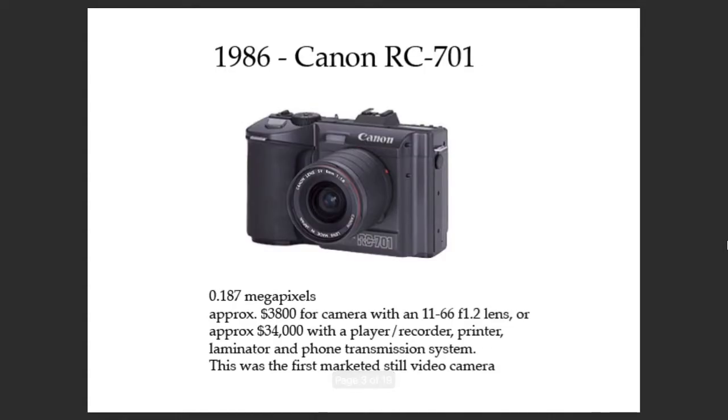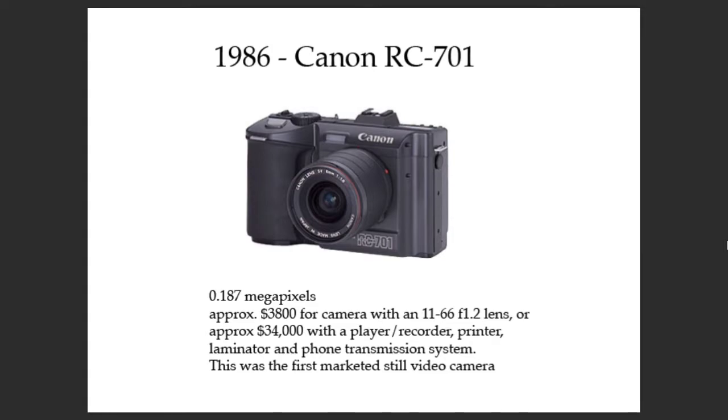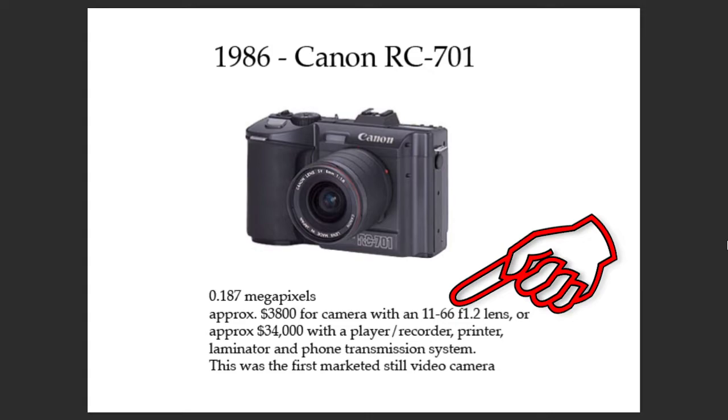Same year, Canon came out with their RC-701. 0.187 megapixels. So again, you're thinking like, well, if you can't make anything bigger than like postage stamp size, but if you're a security company and you need identification badges or just low-res images for identification, it would do. And we're not trying to get into professional stuff here. This is just the company saying, this is coming, we're showing that we can do it. You were looking at about $3,800 for the camera. Came with an 11 to 66 millimeter lens,